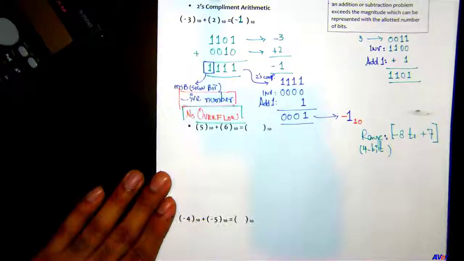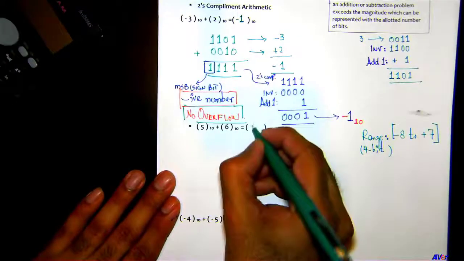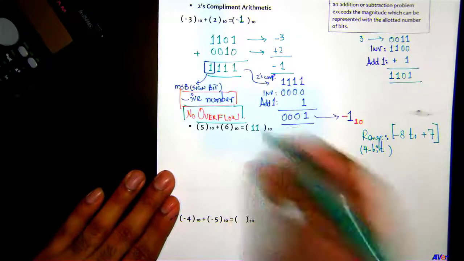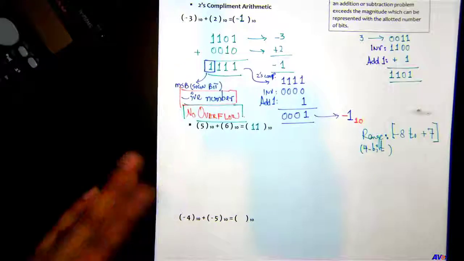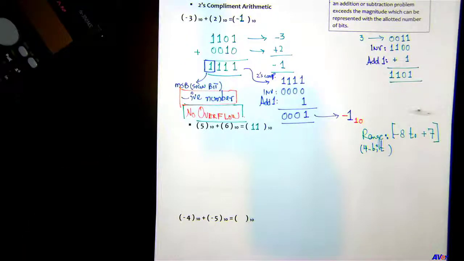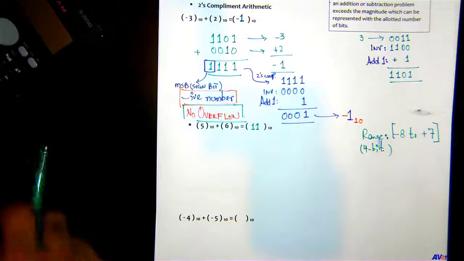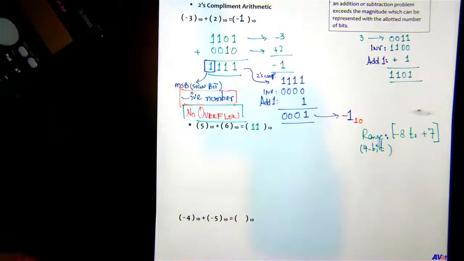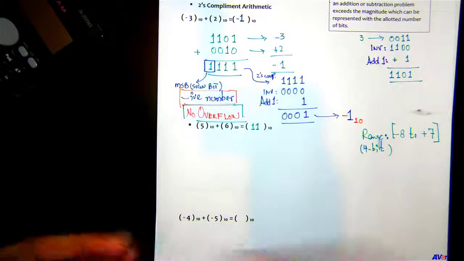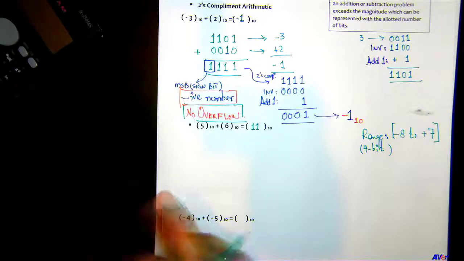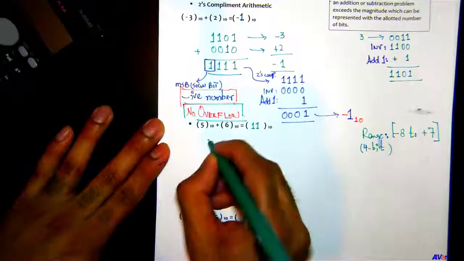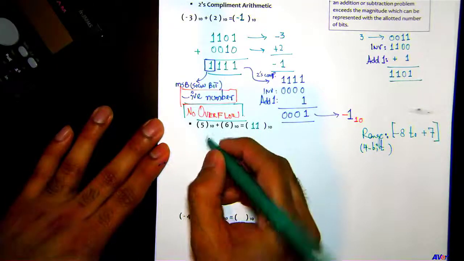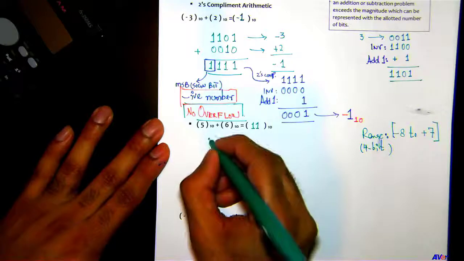Okay, 5 plus 6 is going to give us 11. And we know already that 11 is not in the range, so there is going to be an overflow. But that doesn't mean that you should not do this part. You're still going to do it, but there's a way, before you even start working on this, to know whether there's an overflow or not. All right, so this is the 4-digit binary code for 5,